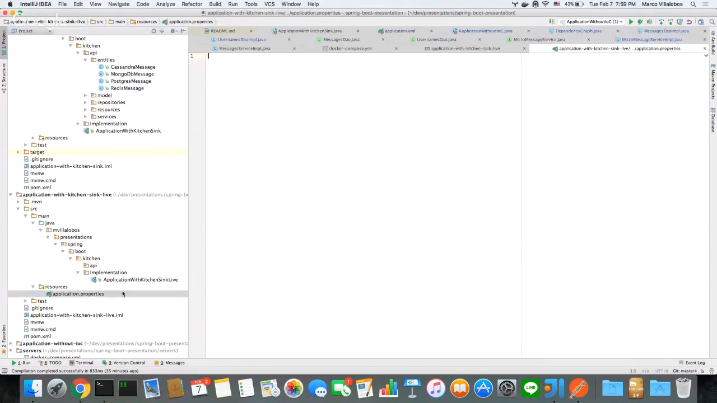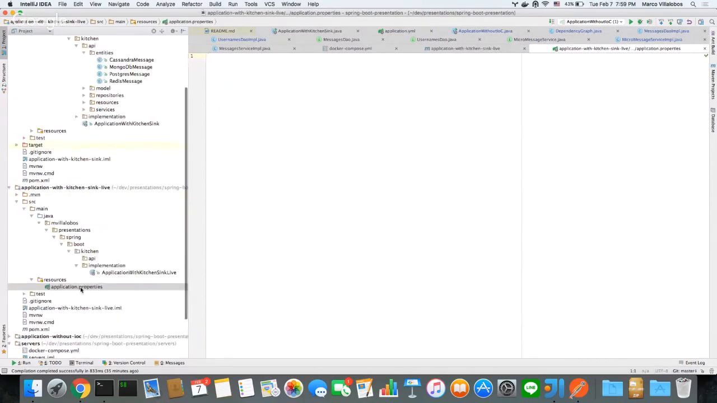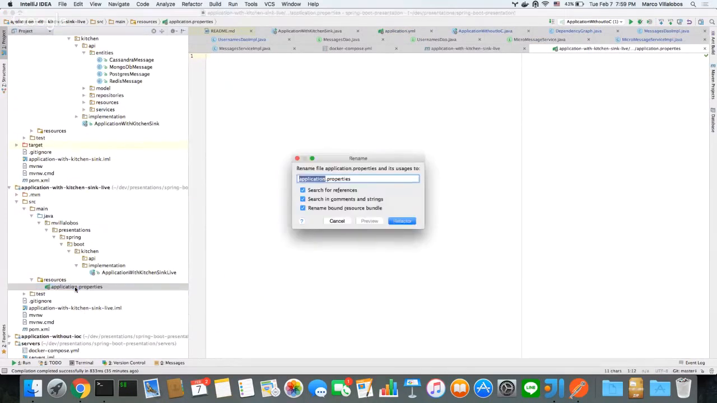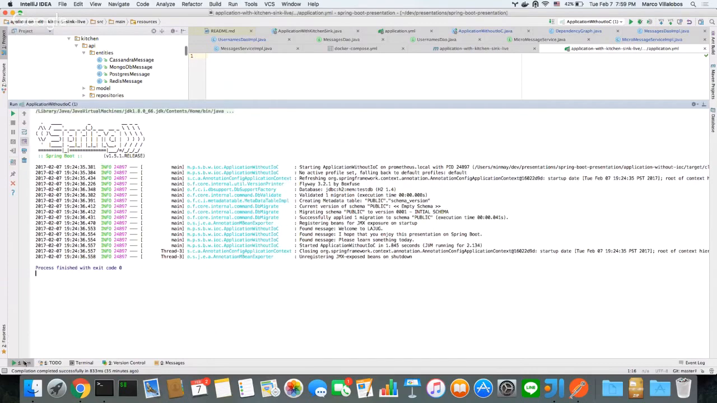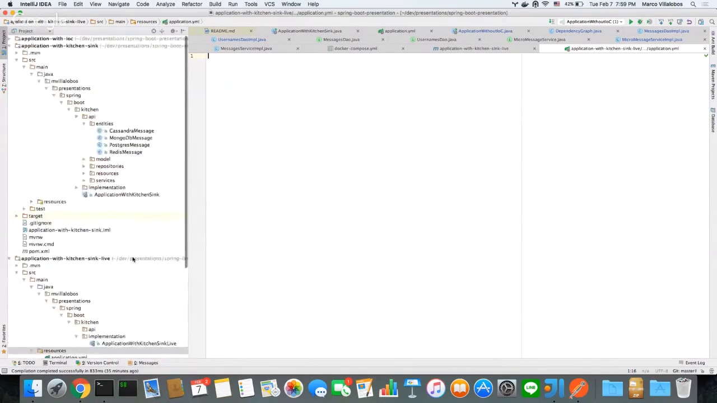That's the way I prefer to do it. I don't need that. I'm just going to rename this to application.yaml. Instead of using that, let me close those. And